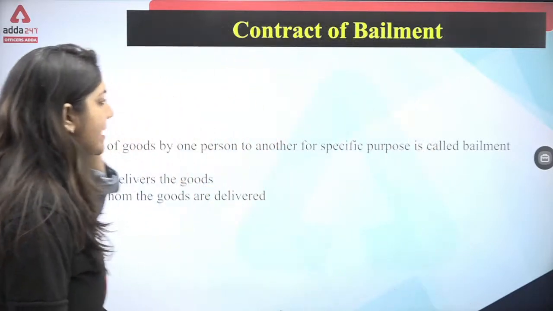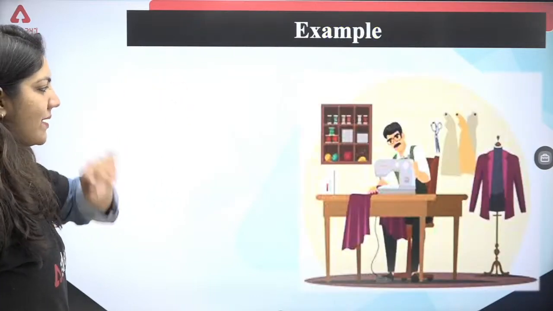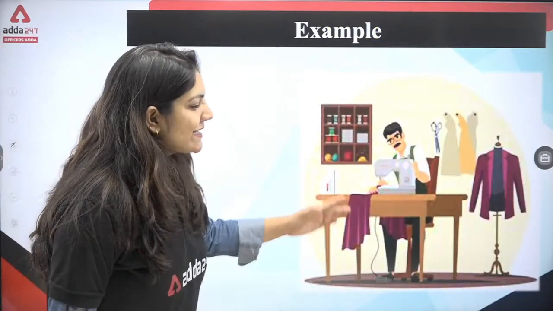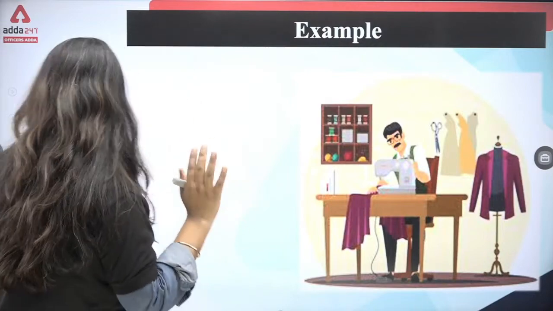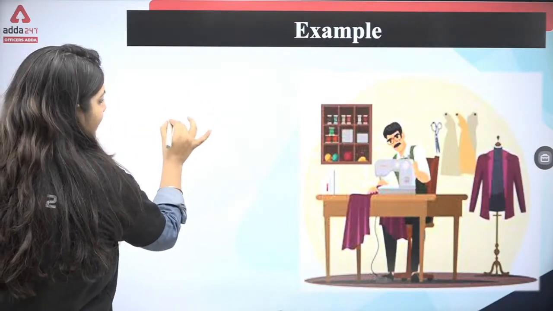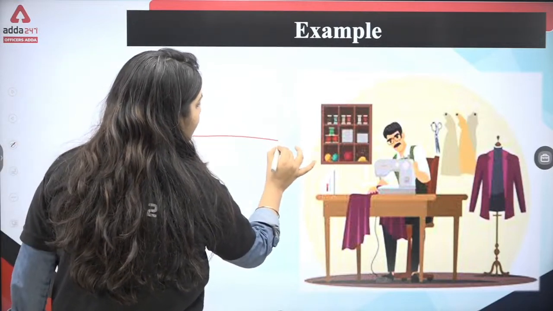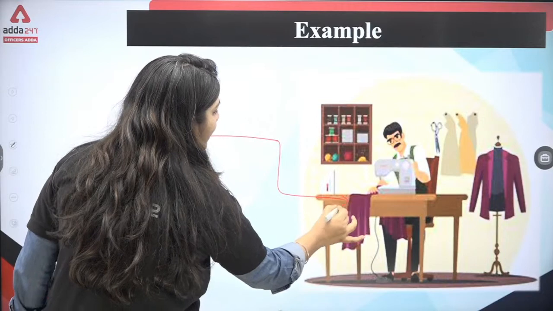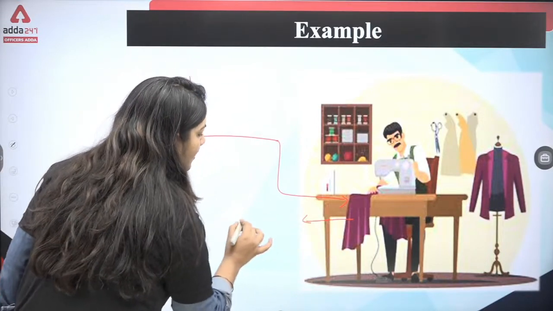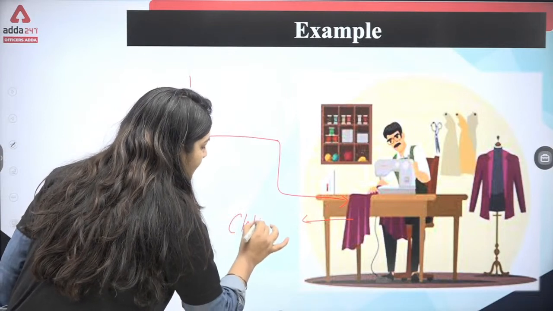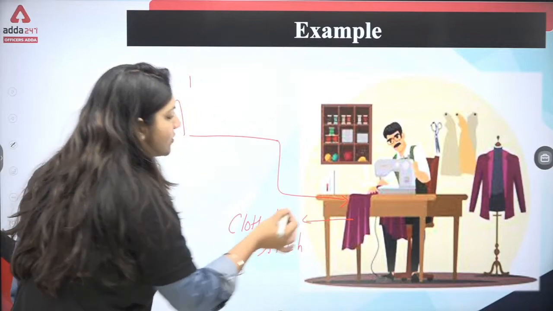Now, the contract of bailment. Whatever contracts I am teaching you in this class belong to the special contracts, and this Contract Act is very, very important, because if you learn the terms of this contract, then you can easily understand the other acts of your LRAB subject. Now see, what is a contract of bailment? Again, we will first discuss an example. He is a tailor. I am giving a very simple example of bailment. Suppose this is person A. Person A gives this cloth to stitch.